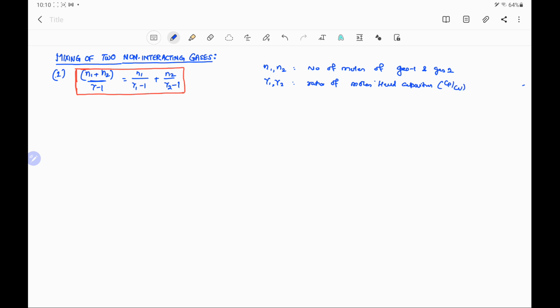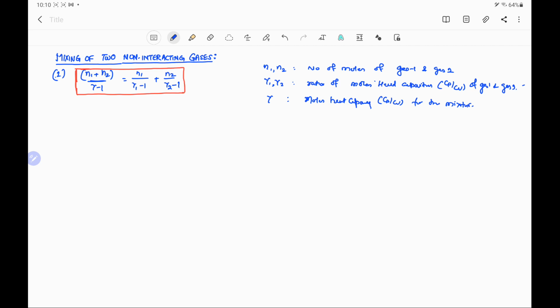Cp is the molar heat capacity at constant pressure and Cv is the molar heat capacity at constant volume for gas 1 and gas 2. And gamma is the ratio of molar heat capacity, that is Cp by Cv at constant pressure and constant volume for the mixture of the gases in